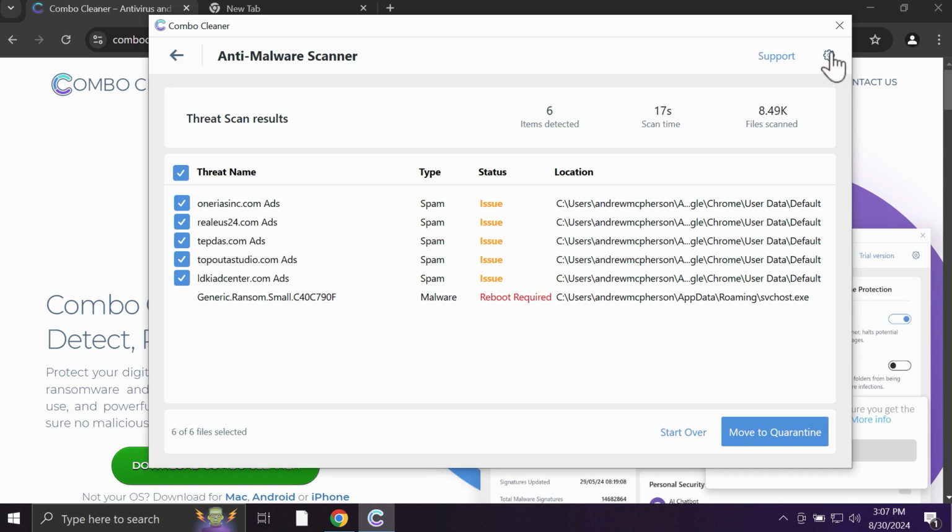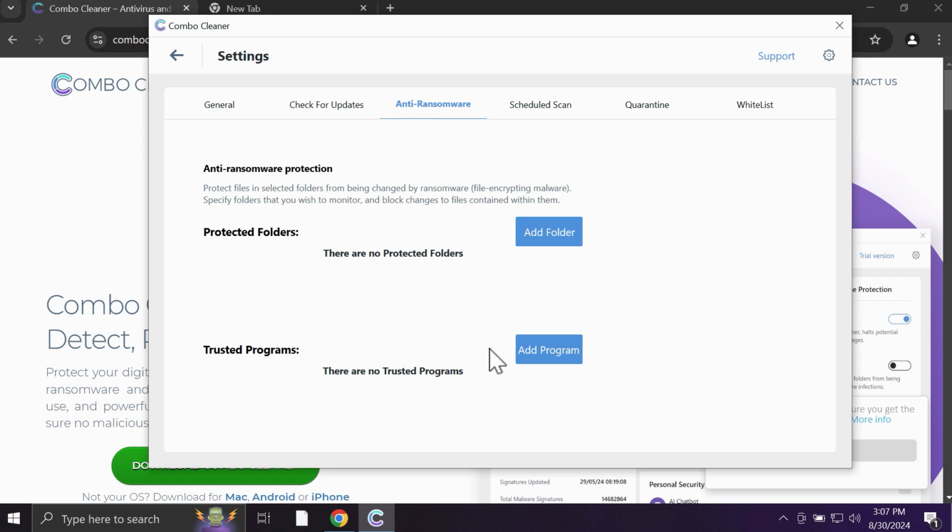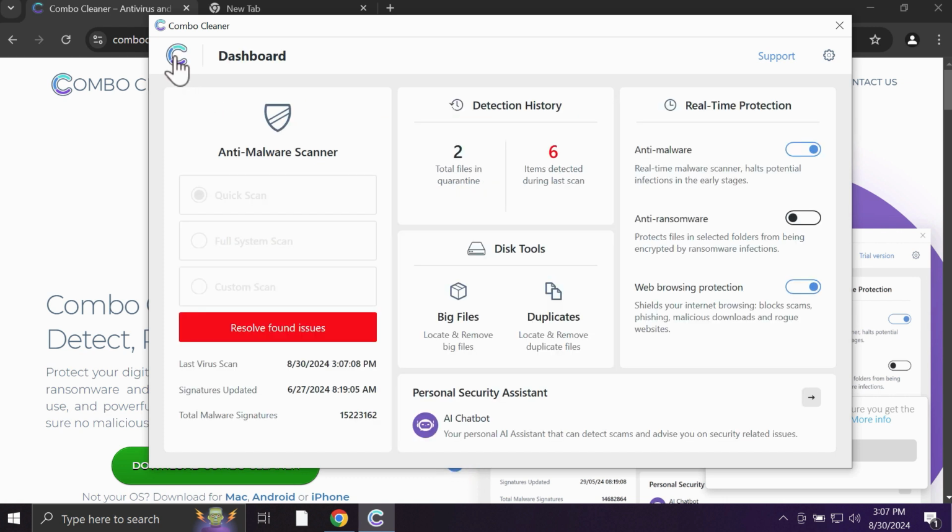With the premium license, for instance, there is an excellent anti-ransomware feature which helps to always keep your data protected. You can add certain folders on your system, and the contents of these folders will always be under protection against ransomware attacks. And Combo Cleaner works exceptionally well when it comes to identifying contemporary threats like adware,